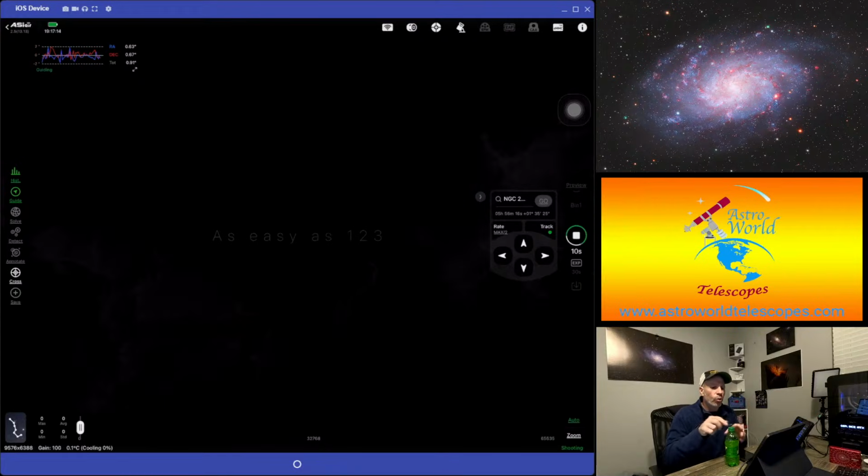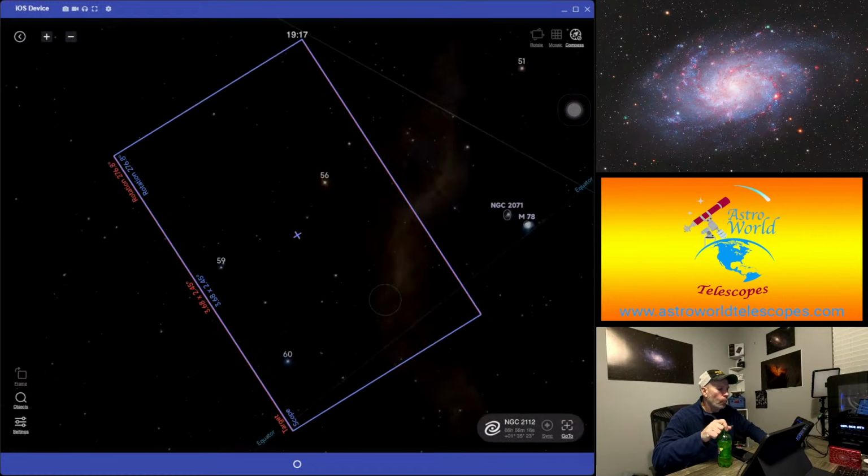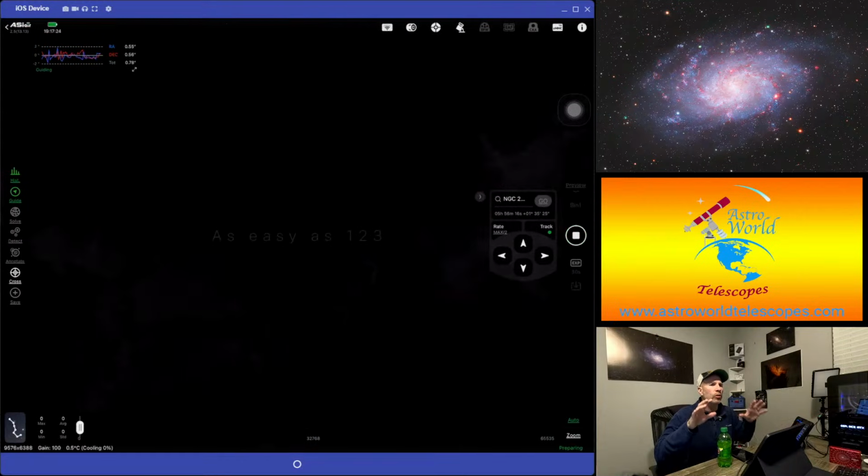So, doing a quick 30-second picture. We've got 6 seconds left on. Hopefully what's going to show up is the Boogeyman and a little bit of Barnard's Loop. If this works, we'll just do this for 10 minutes, and then we'll move over to the Horsehead and Flame Nebula. I want to try to catch the targets and work my way back away from the meridian, because I don't want to have to go through a meridian flip